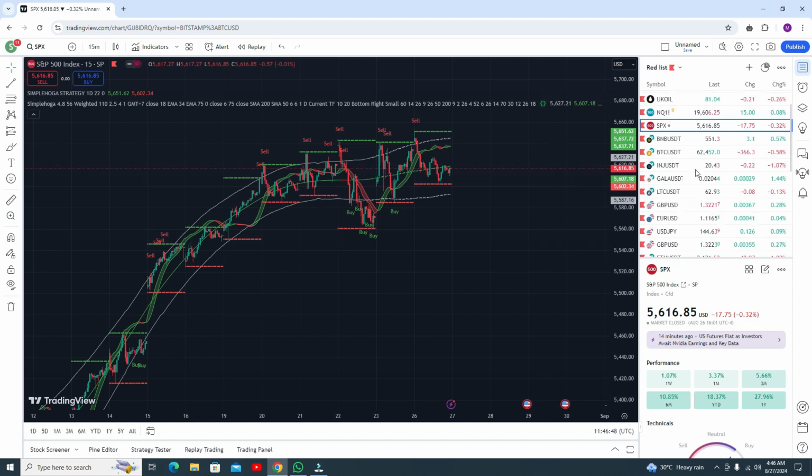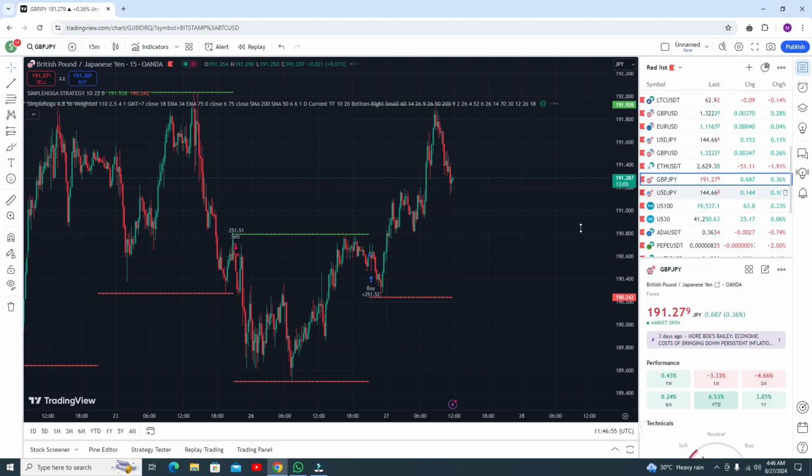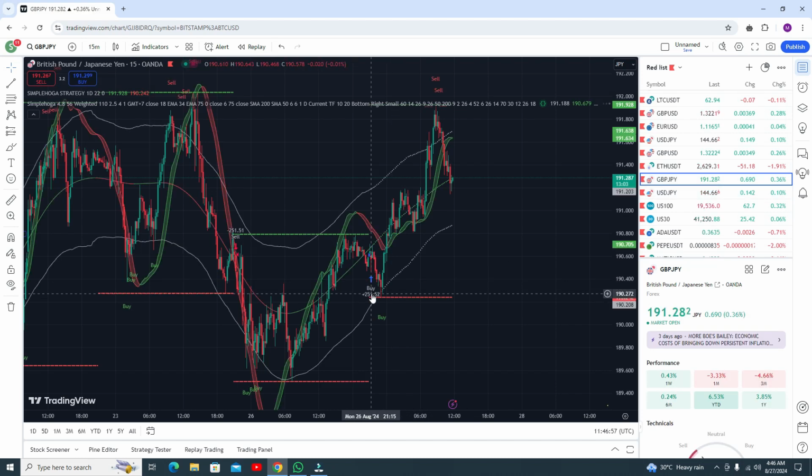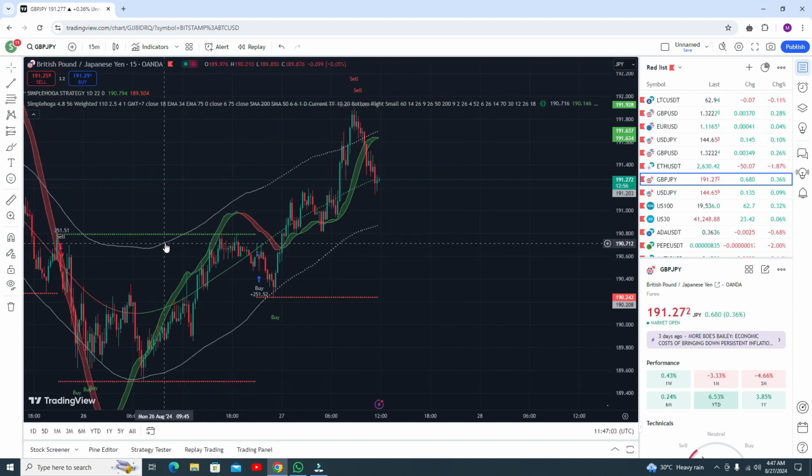Okay. Let me show some other results like USD JPY or GBP JPY. First need to watch it. Okay, this is the most recent buy signal, and you can see the accuracy. This is the sell signal, but unfortunately you did not get the sell signal. Okay, after getting this sell signal you need to wait for the next sell signals.